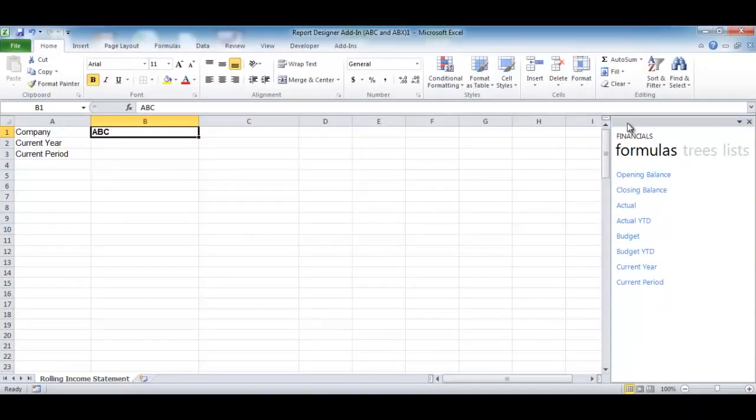Before beginning, run the Sample Report Designer add-in report from the Sage Intelligence Report Manager. Once the Microsoft Excel workbook has opened, you will notice that it contains multiple standard reports on separate worksheets. Before continuing, create a new worksheet and ensure that the Report Designer add-in task pane is visible to the right